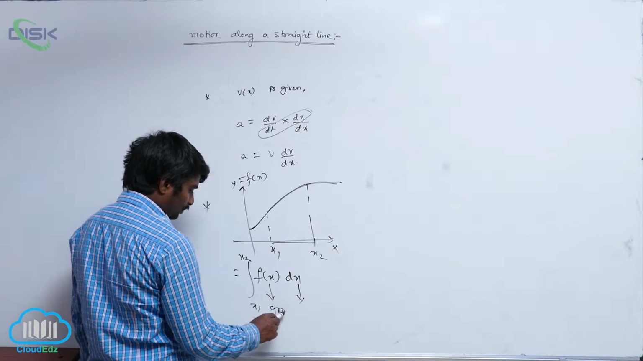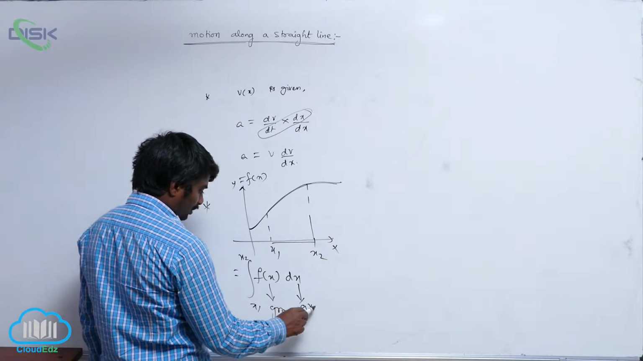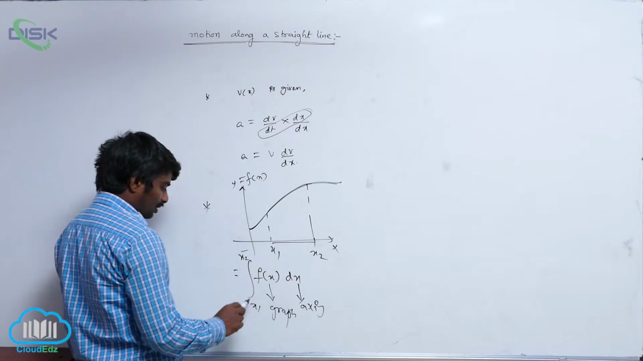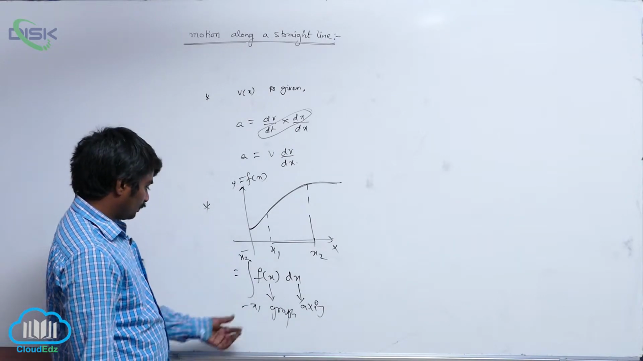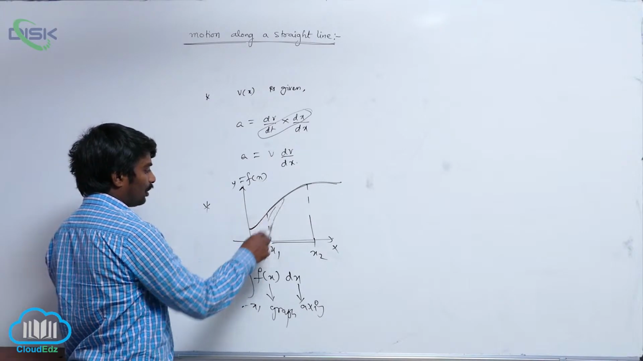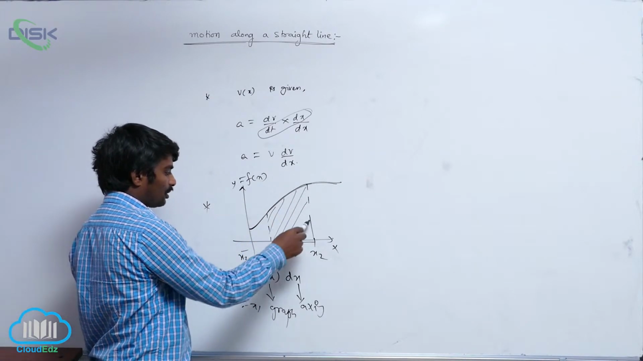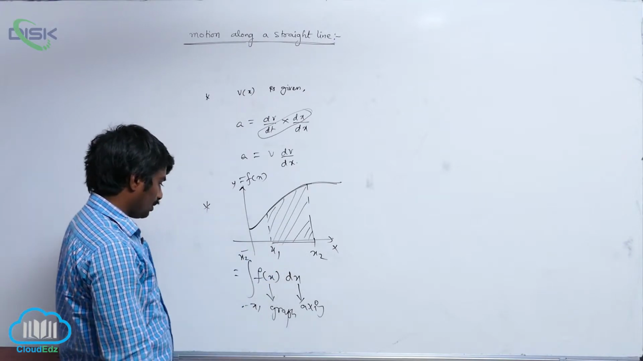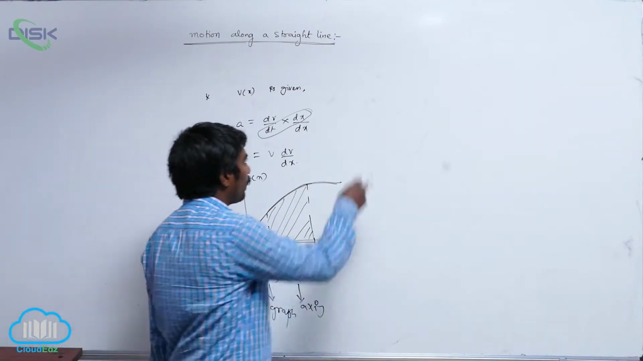This is the graph, this is the axis, and these are the limits between which we have to calculate the area. That means when we are doing integration, indirectly you are going to get this much area. So in the same way,